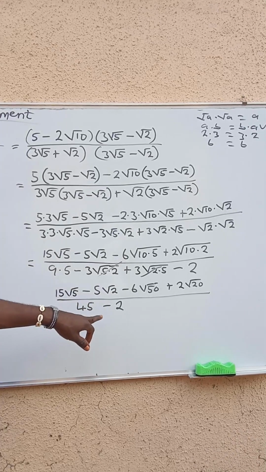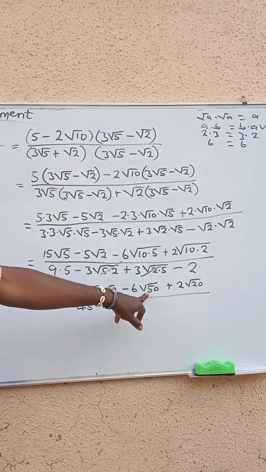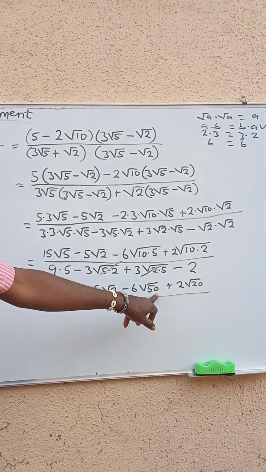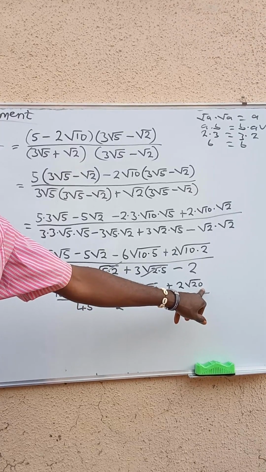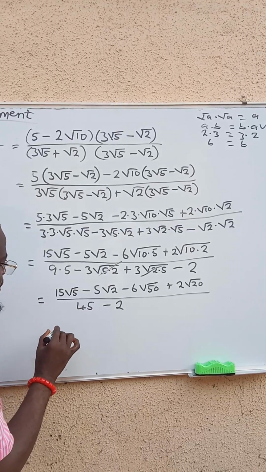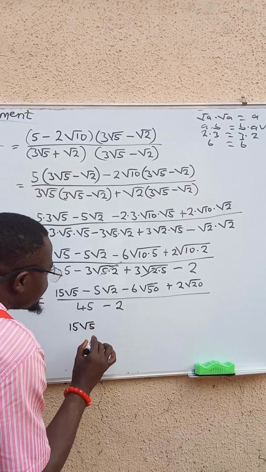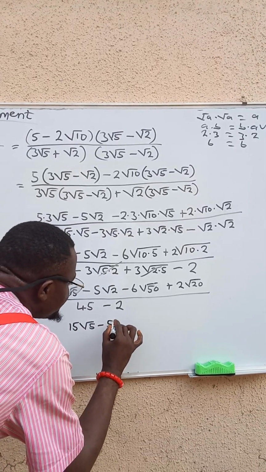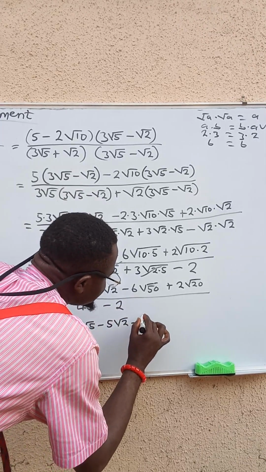Now look at it here. 50, I don't need to stress myself so much, is 2 times 25. This one is 4 times 5. So now look at what I want to do here. So I have 15 root 5, right? Minus 5 root 2, right? Then minus 6